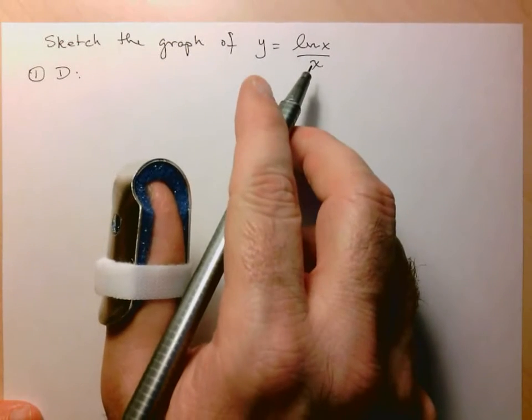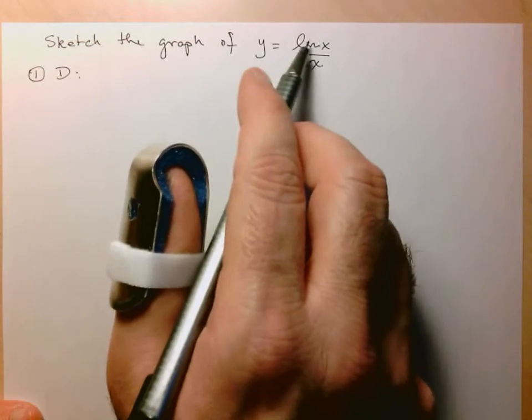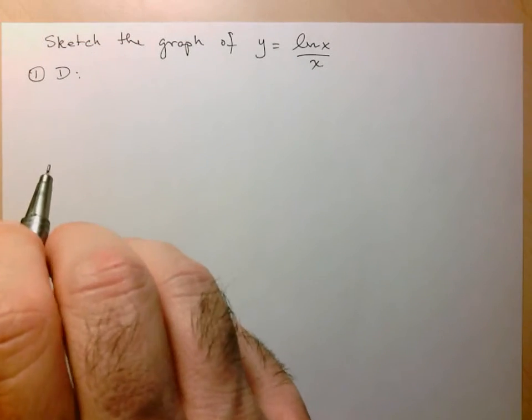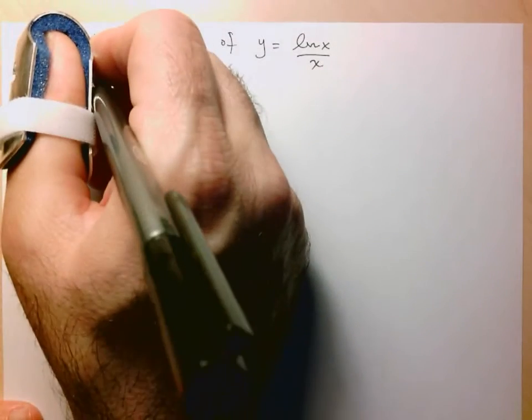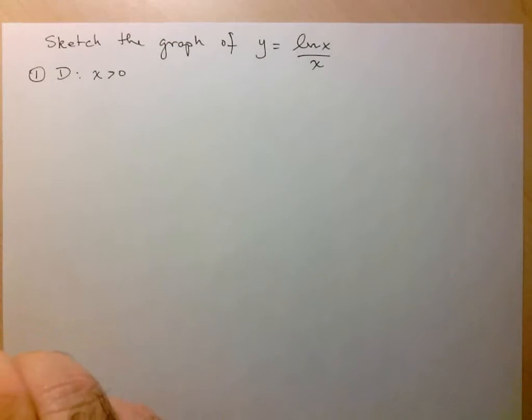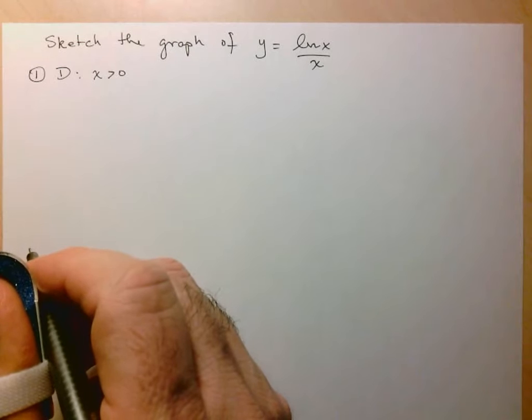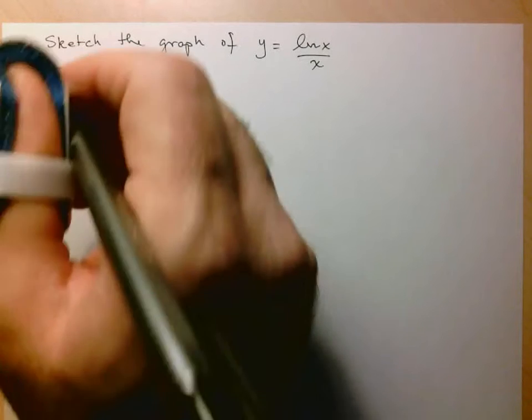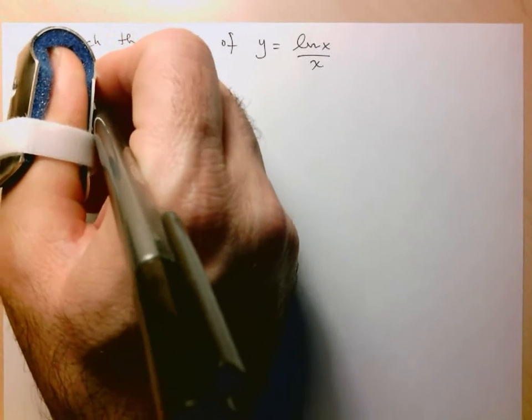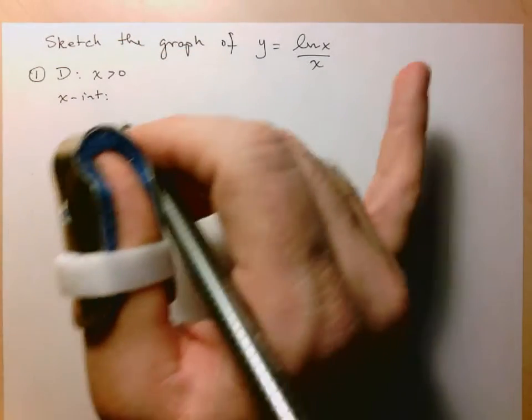So the denominator can't be 0, but that's also included in the restriction for the numerator. Since it's ln x, we know that x has to be greater than 0. So we're only considering positive values of x. Okay, so next I'll look for my x-intercepts, which of course occur when the numerator is